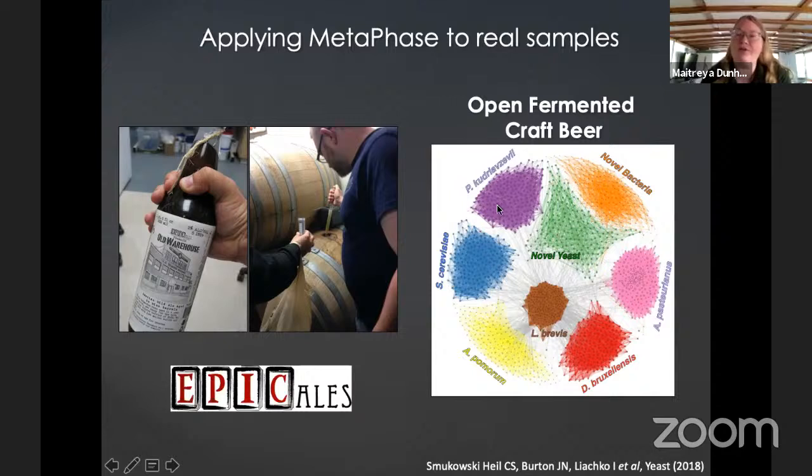But we also saw a few other species that are typically found in these mixed fermentations, including Dekkera here, which you might have heard called Brett, for it's another yeast. And it offers that kind of funky flavor to a lot of these open fermented beers. It's often described as wet dog or horse blanket. As you can expect, a little bit of that goes a long way, but it does add to the complexity